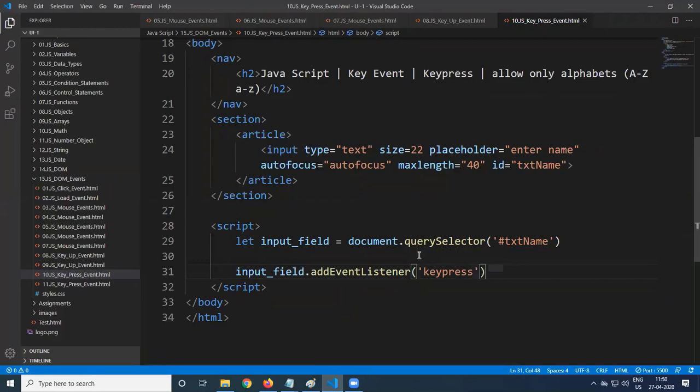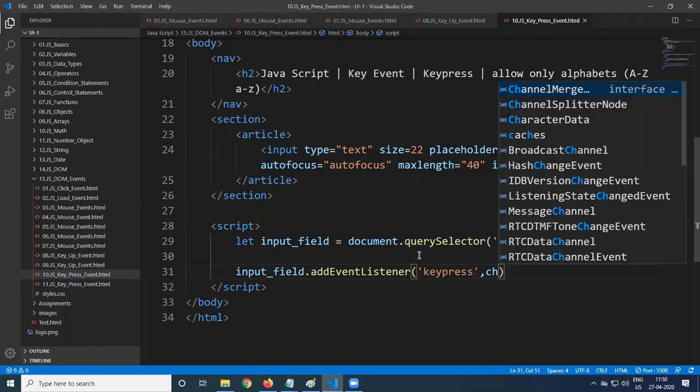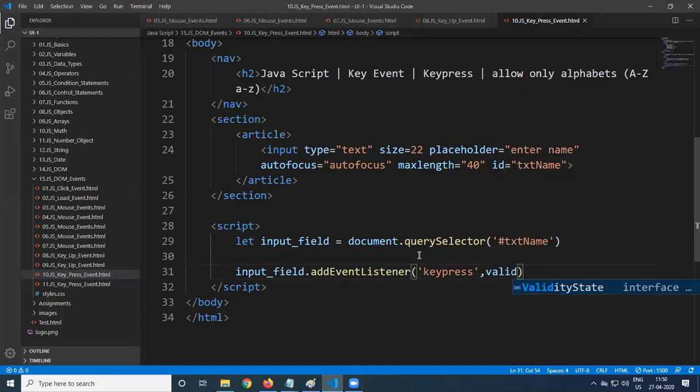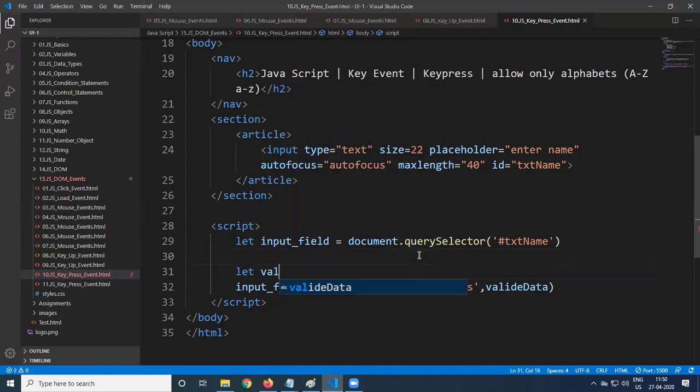Key press event and a function, validate data. So we are calling a function validate data. Whenever the key press event is occurring, call the function validate data. So let validate data is equal to a function.